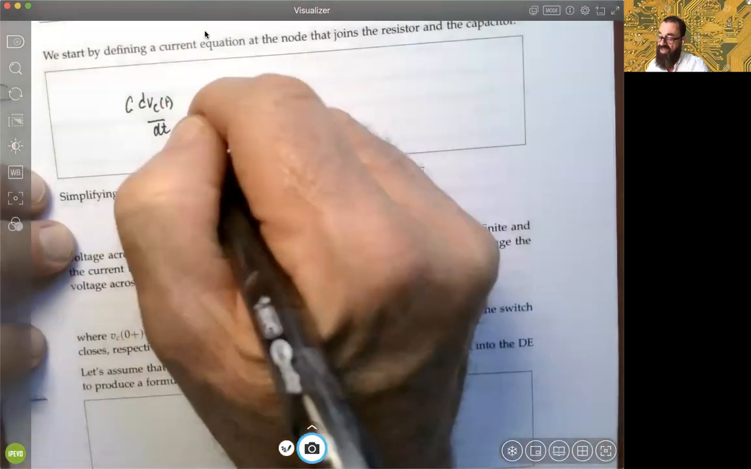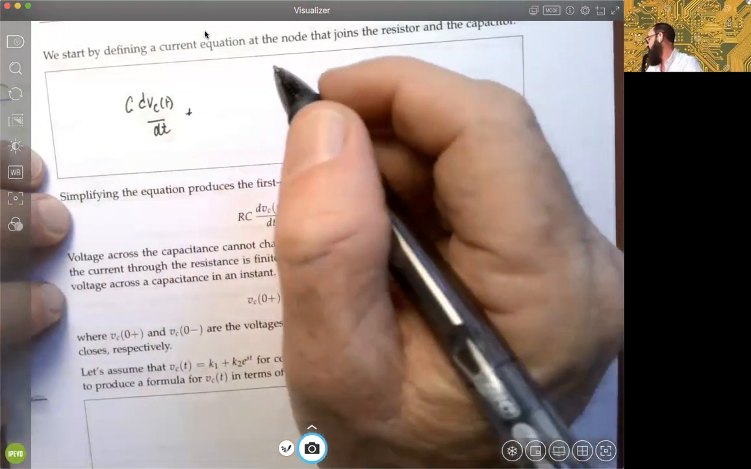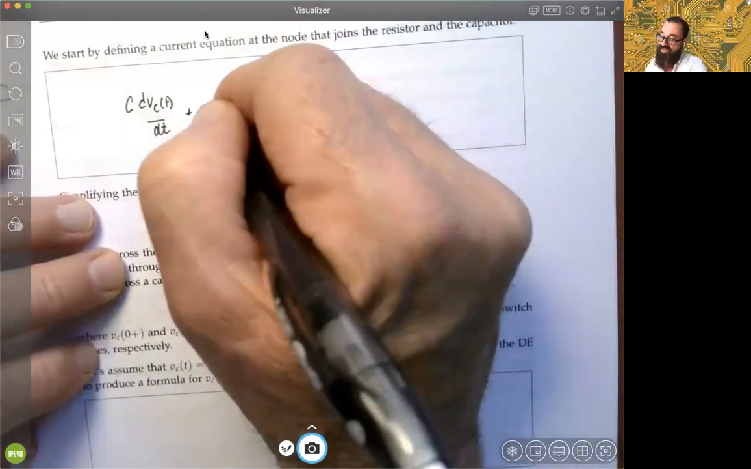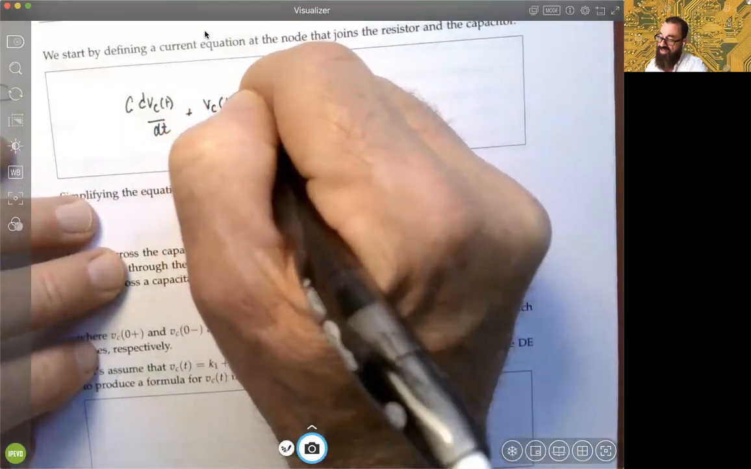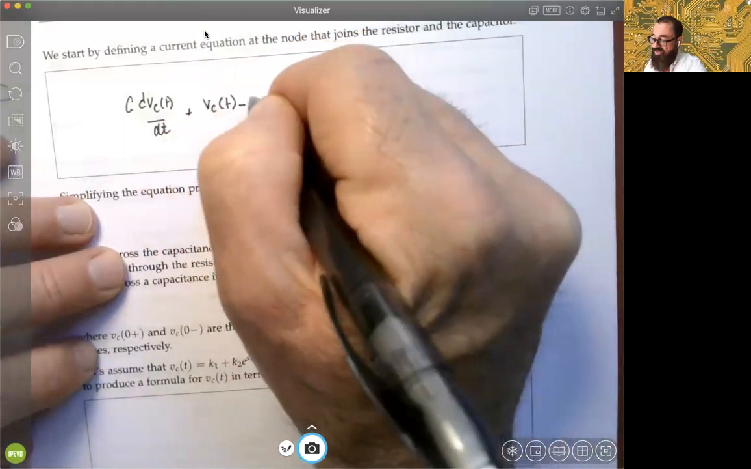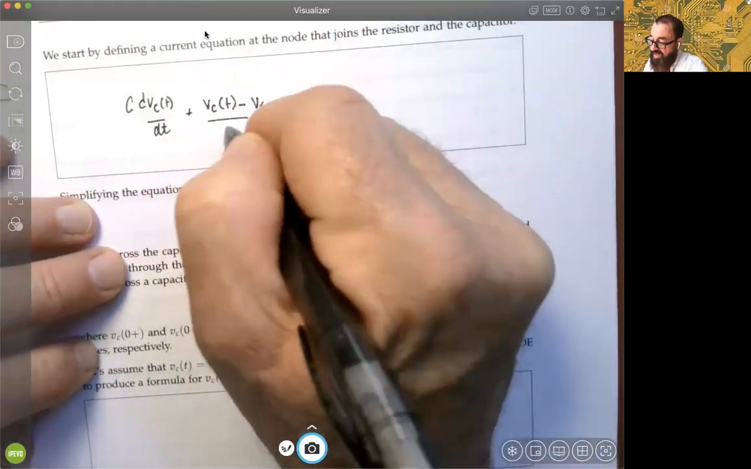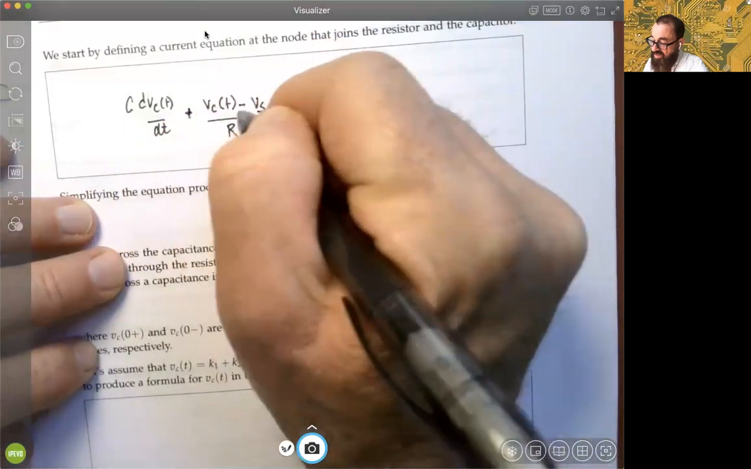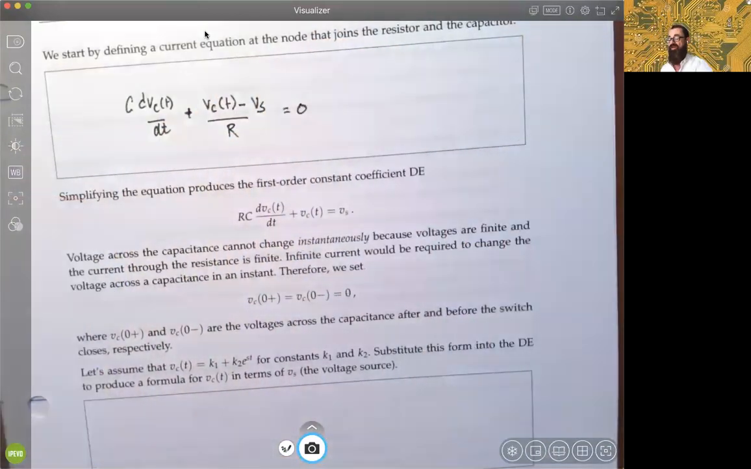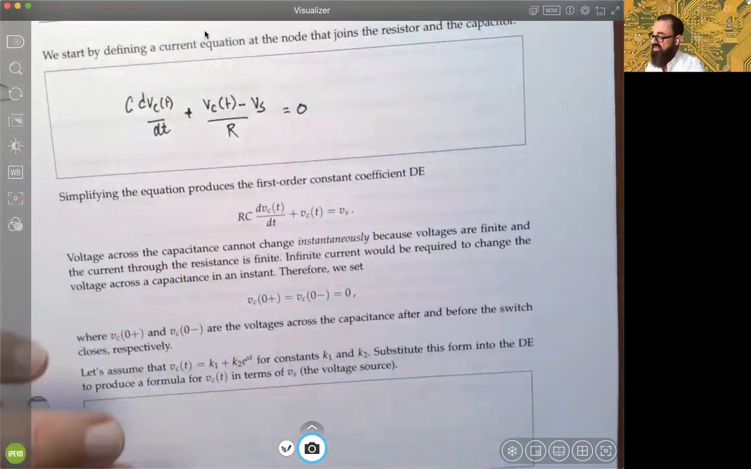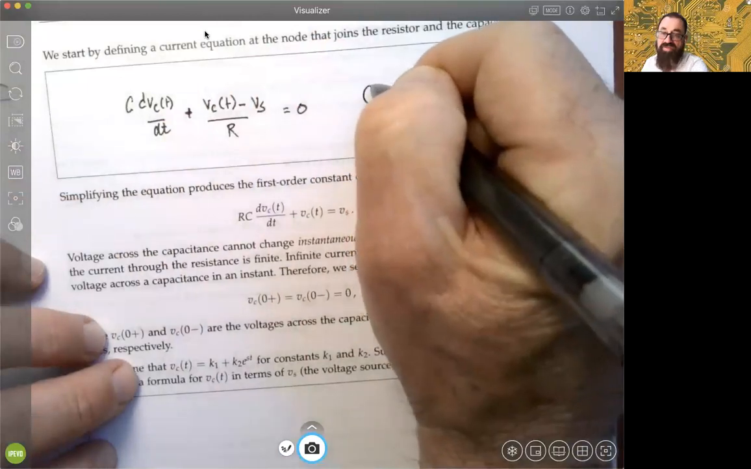So we could use our NVA approach, our node voltage analysis, to say the representative of the current in this case would be V_C(t) minus the voltage source divided by the resistance, and that would be equal to 0. All right. So again, maybe just to illustrate why that is, if we go back and draw the circuit,